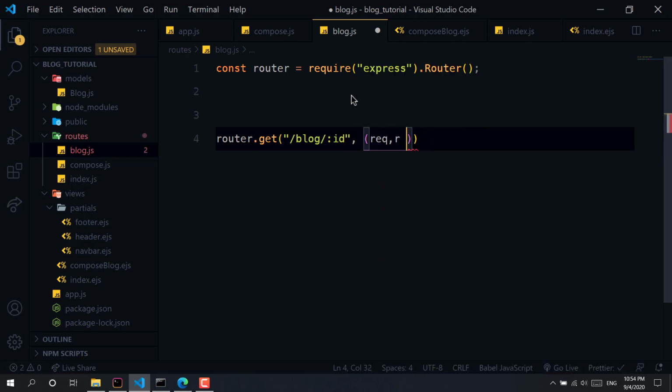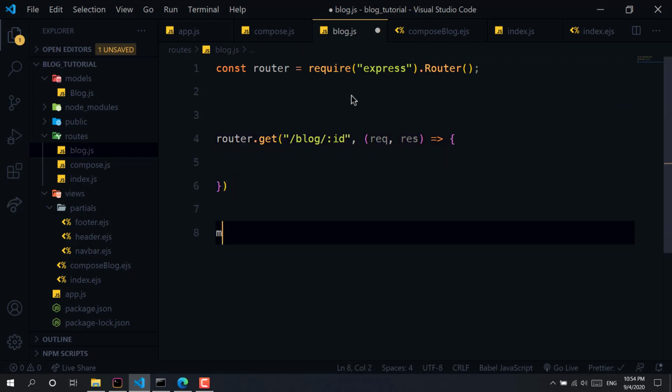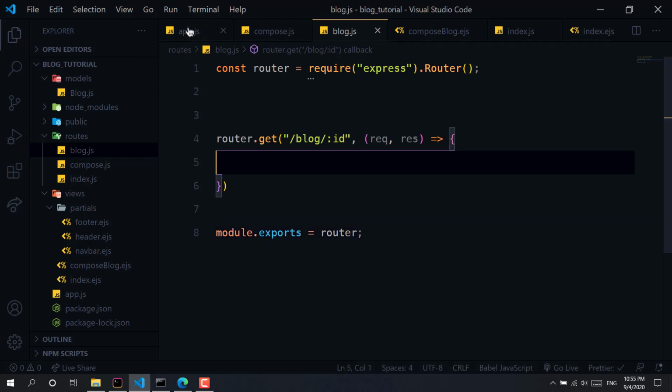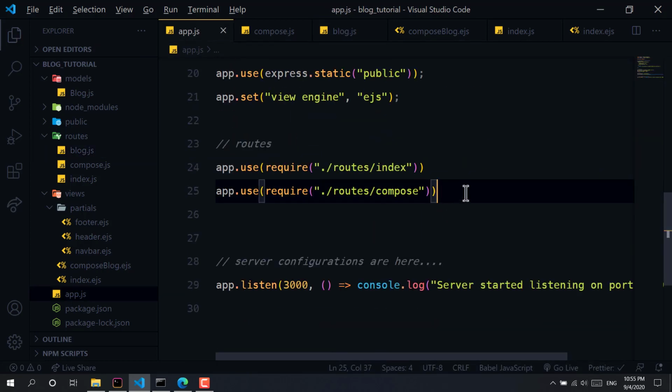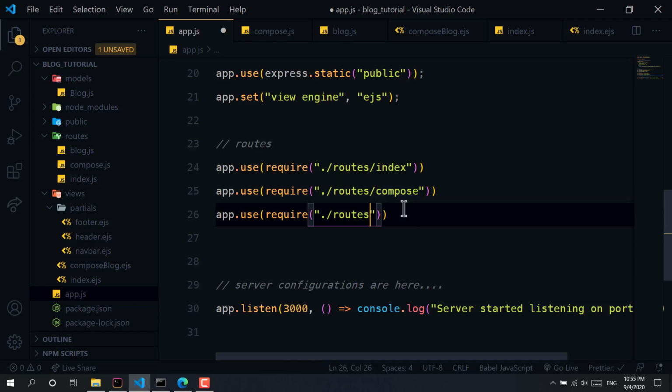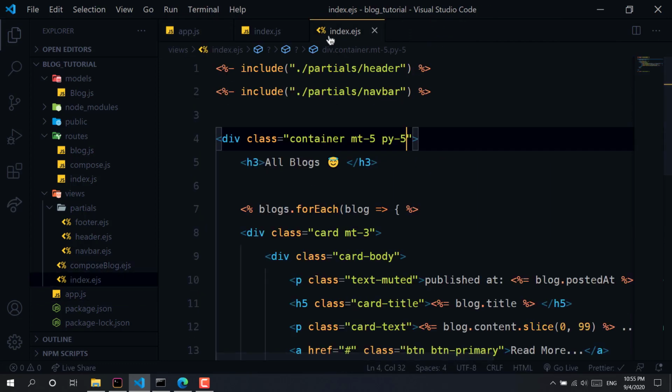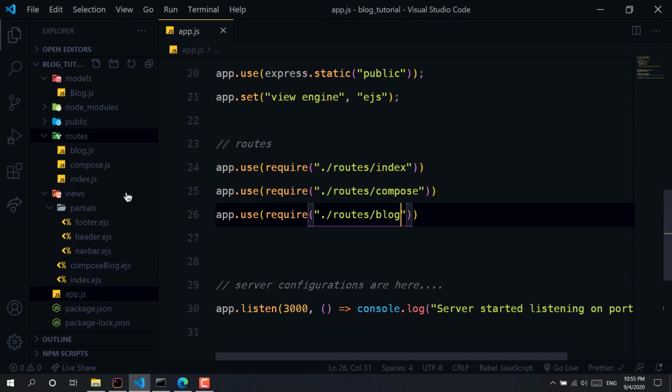Now we have request, response, and we will just export it for now. module.exports is equal to router, copy it and integrate it right here, blog. So it's fine. Now let me just remove all this stuff so that I don't mess much around this.